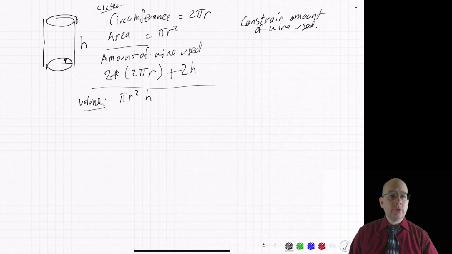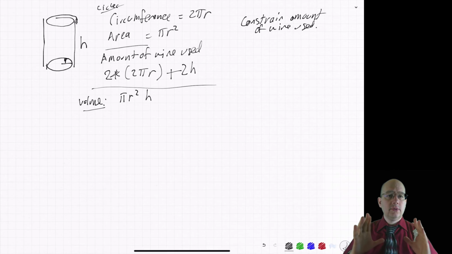You could also try to work backwards. You want it to be a given volume, and you find out, with the radius and the height, how much wire you need. But we're going the other way. Constrain amount of wire used to be,